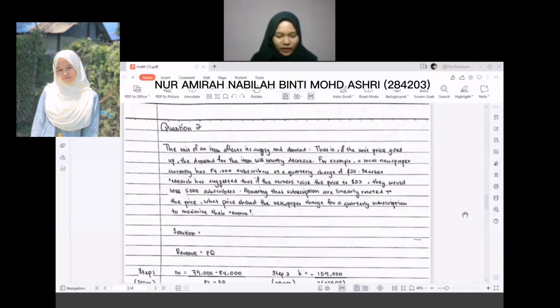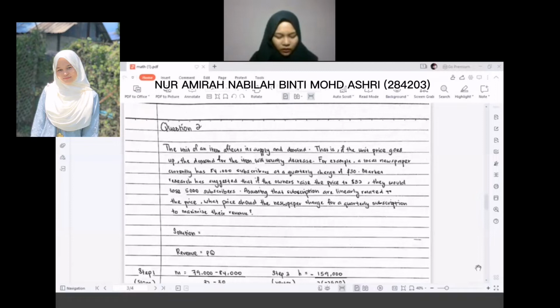So the question is: the unit price of an item affects its supply and demand. That is, if the unit price goes up, the demand for the item will usually decrease. For example, a local newspaper currently has 84,000 subscribers at a quarterly charge of $30. Market research has suggested that if the owners raise the price to $32, they would lose 5,000 subscribers. Assuming that subscriptions are linearly related to the price, what price should the newspaper charge for a quarterly subscription to